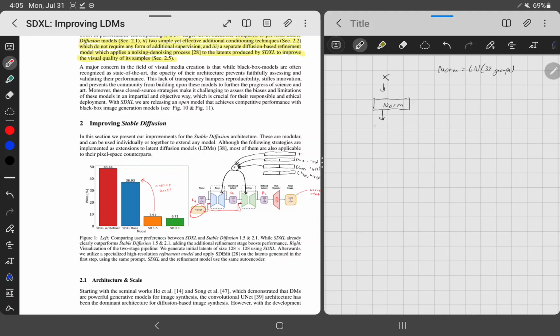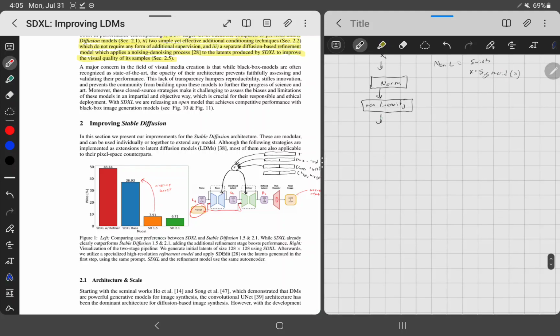And then you send this through a non-linearity, like that. So non-L, that's what I'll call it. The non-linearity in this case is swish, which is x times sigmoid of x. And then you send this through a convolution,